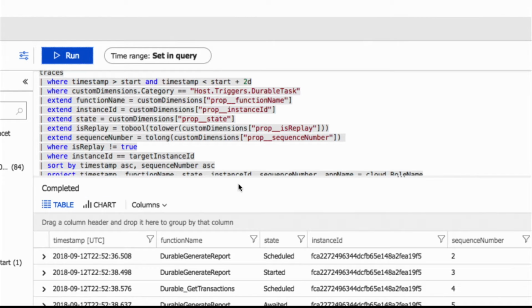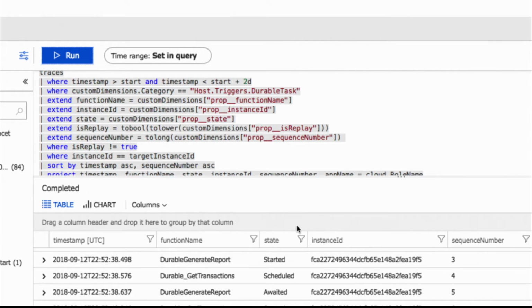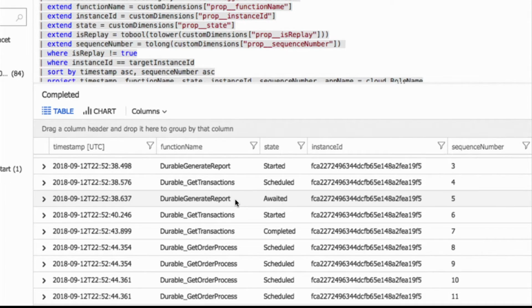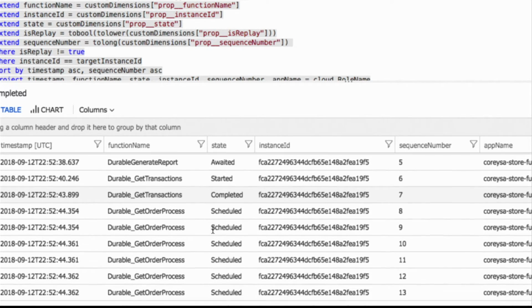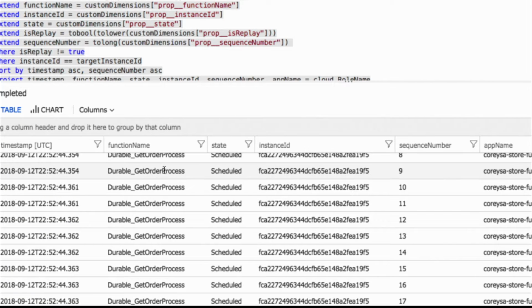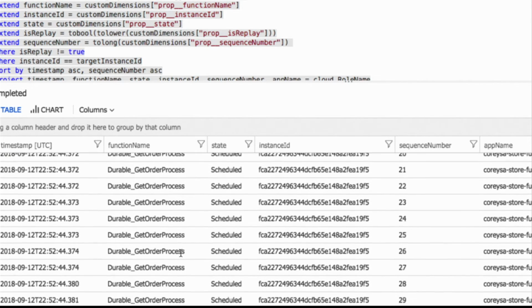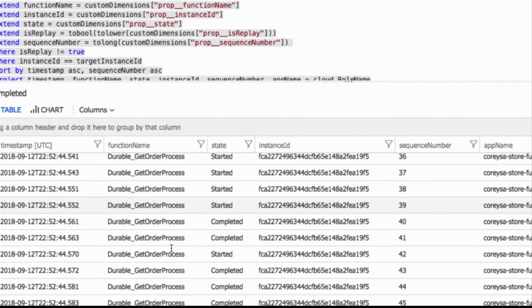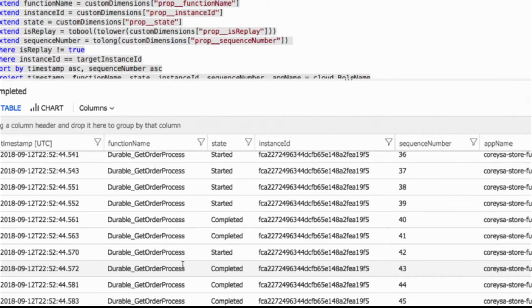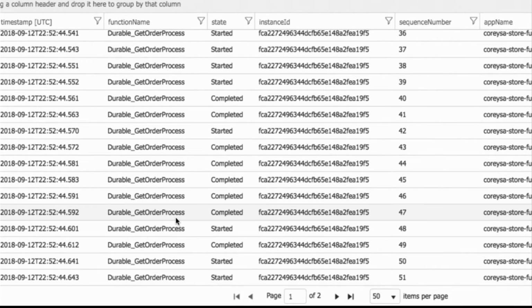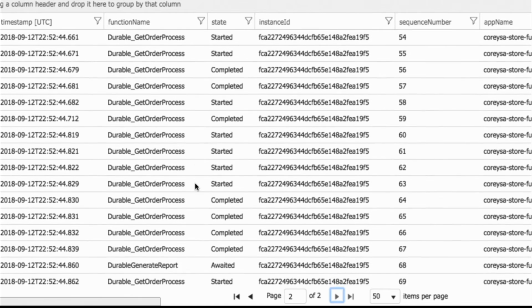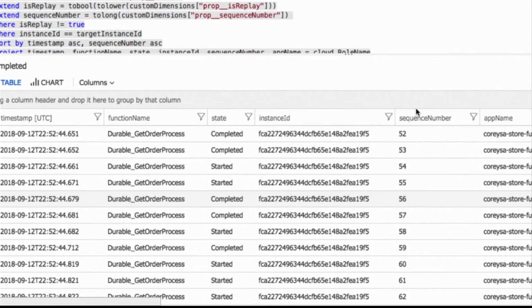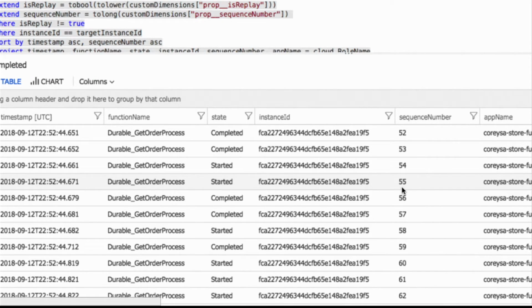But when I run this, you'll actually be able to see here in Application Insights at the bottom, here is the history of this instance. I can see that I got transactions, it scheduled that task, and then completed it. And then it scheduled a bunch of get the order status tasks, and I can see exactly when those tasks started, when those tasks completed. Some of them started and completed in different orders, until finally my orchestration itself completed somewhere on the next page of these logs. So really cool here, I get the sequence of exactly what happened, all of this happening in parallel right here in App Insights.